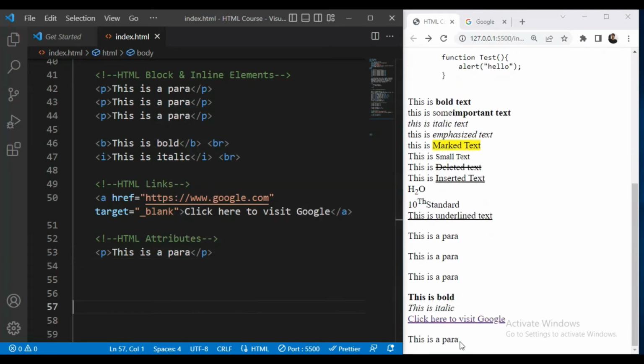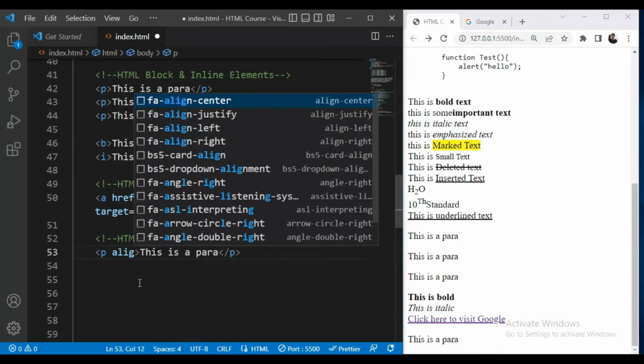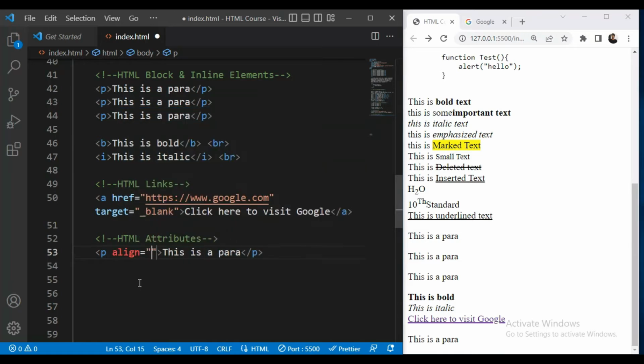Now you can see this is a para, and here I can write some attribute, for example align, and I will write here right. Align the right. Now you can see it is aligning to right, or I can write here center. So it is aligning to center.